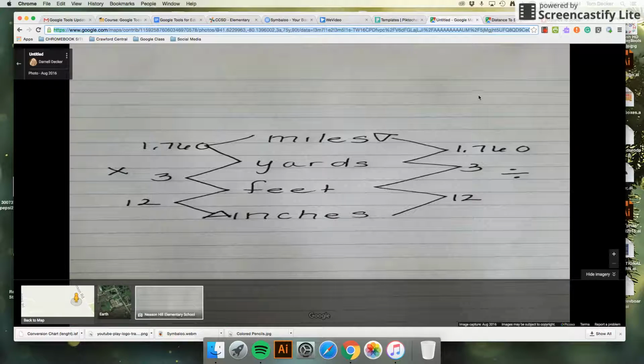Remember our conversion chart that we use. I'm going from miles to yards. Miles is at the top, coming down to yards. When we go down, we are multiplying. So I'm going to take that 15 and 6/10, and I'm going to multiply it. Let's see what we run over when we travel from miles to yards. We hit 1,760. So using my calculator, I will do